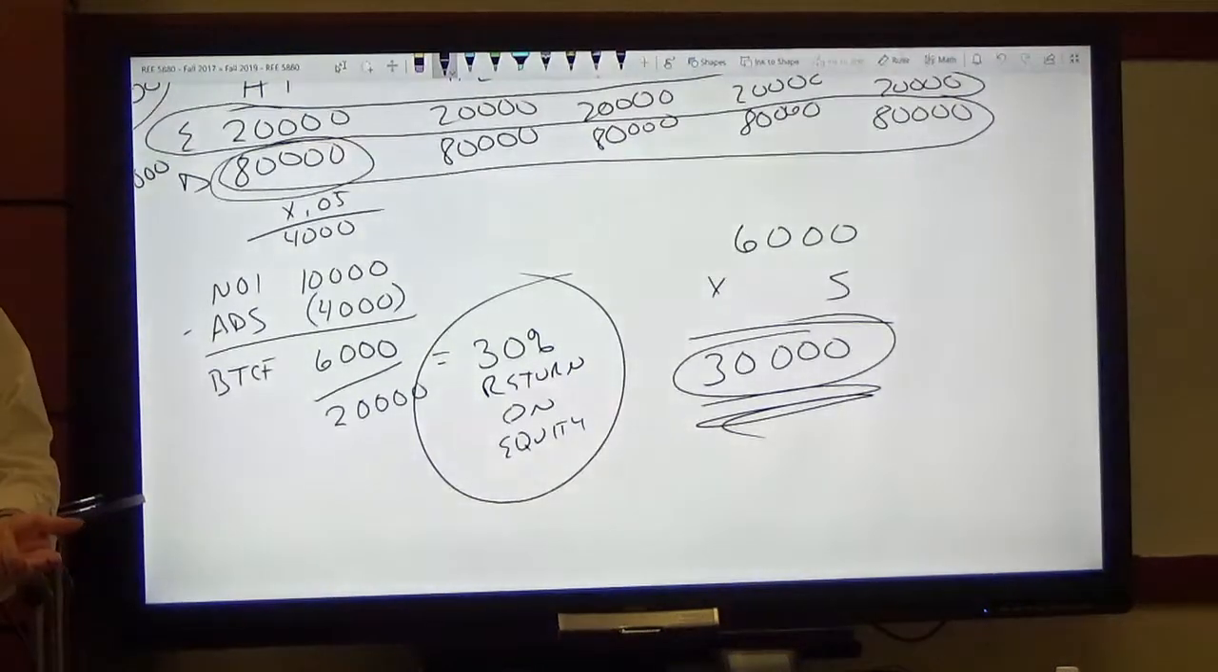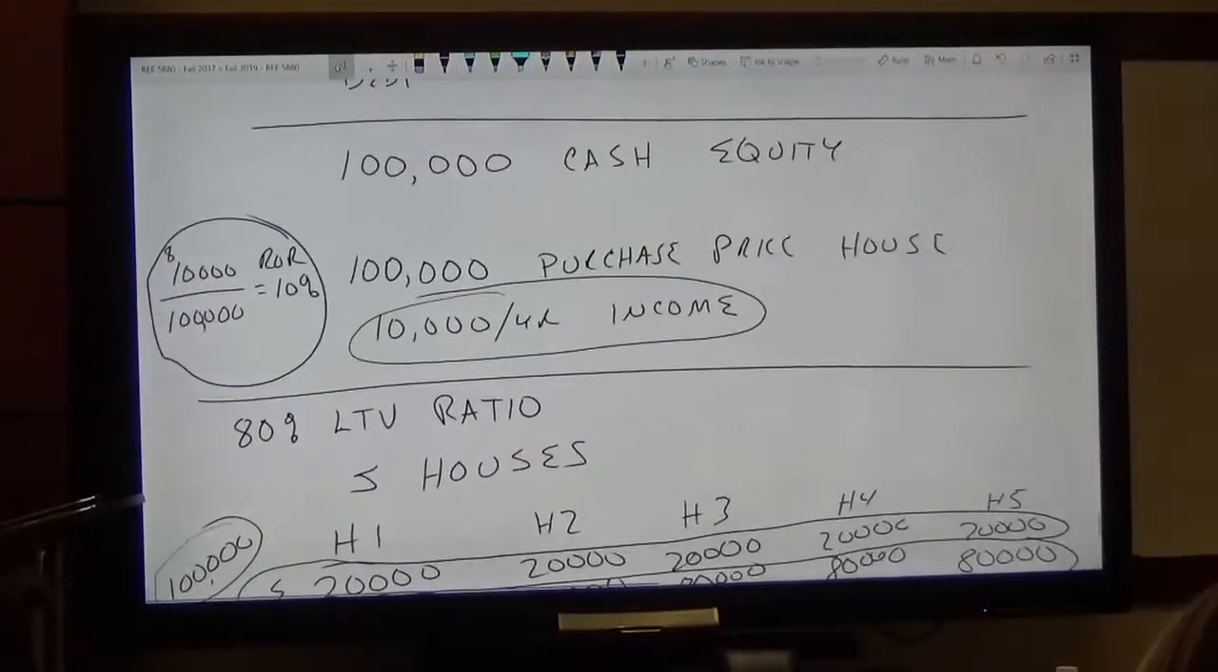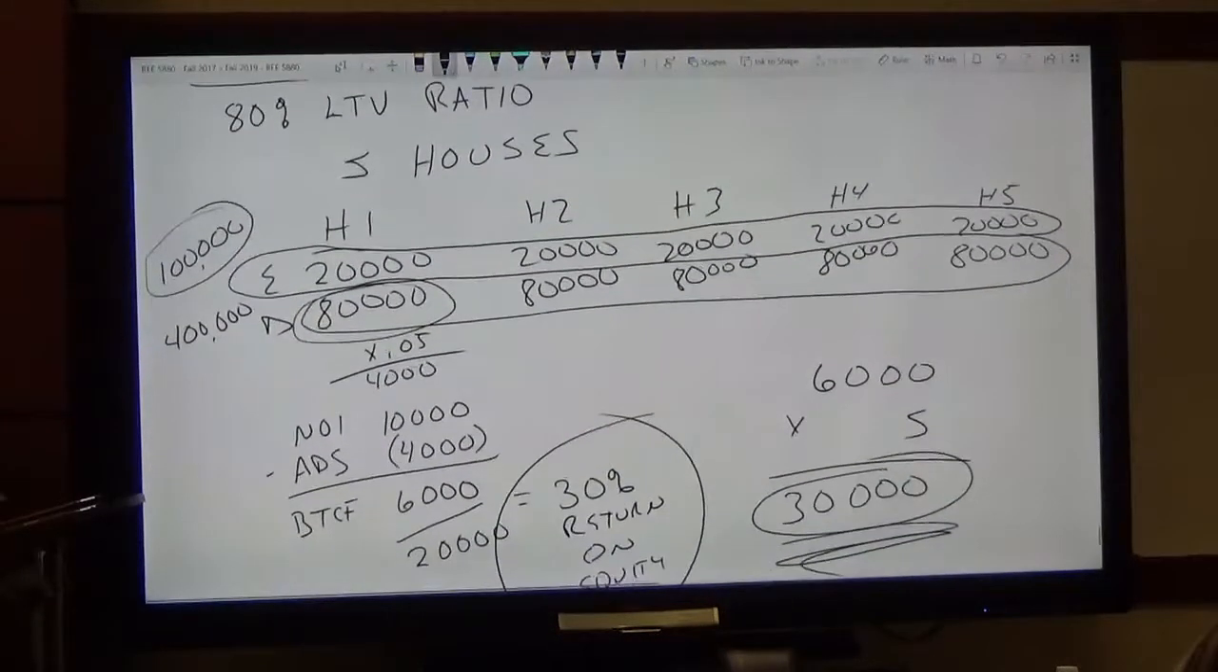The negative side of financial leverage is what happens if, instead of getting that $10,000 a year of income, for whatever reason the market dramatically shifts and maybe you only get $3,000 a year of income. Everybody follow? Well, let's follow that through down here. Instead of $10,000 of income per house, you're only getting $3,000. That means your before-tax cash flow is a negative $1,000